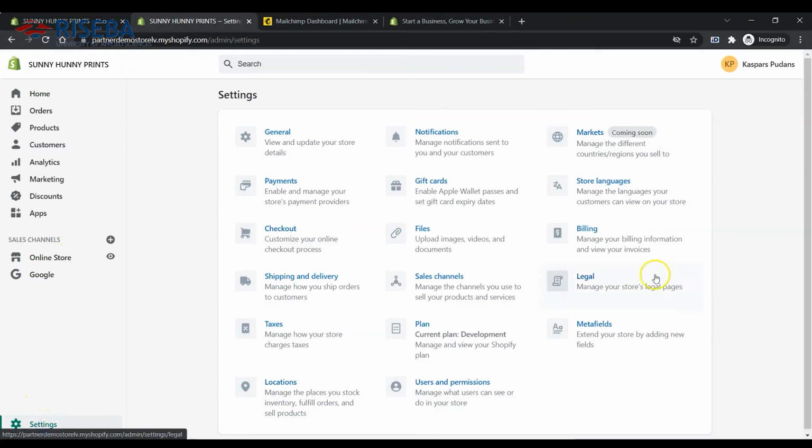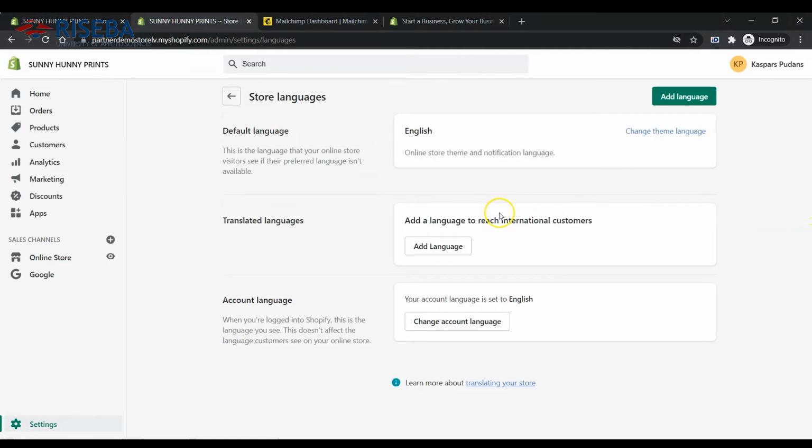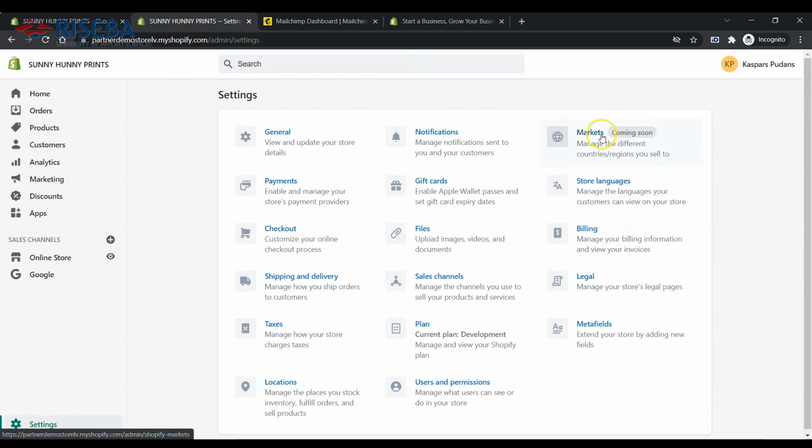Then there's a store languages option, where you can put multiple languages on your store. But I think with this you can see it says coming soon, Shopify Markets. That's a new feature from Shopify, which they are starting to introduce, and perhaps this languages function will become obsolete because the markets will take care of this